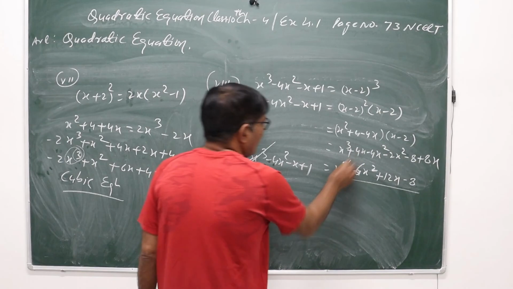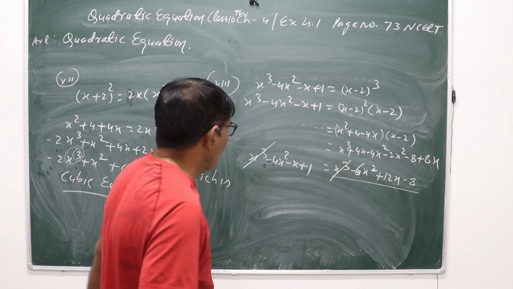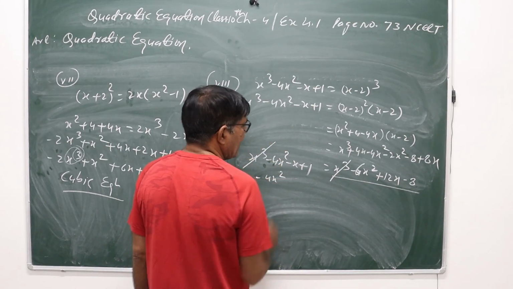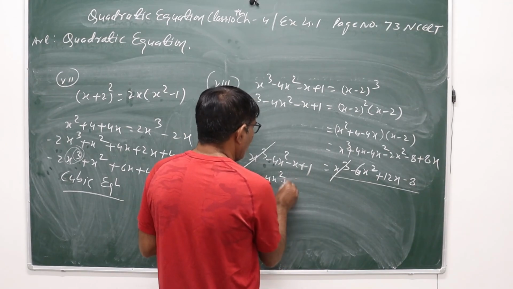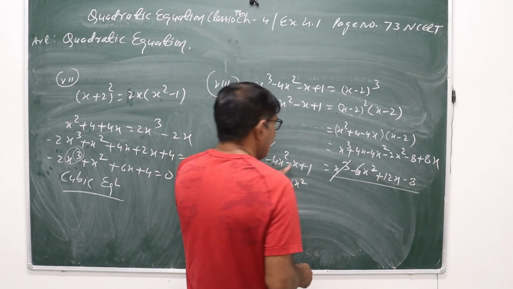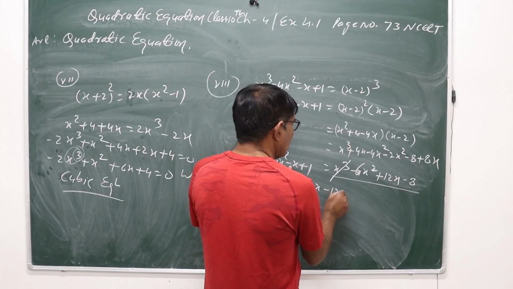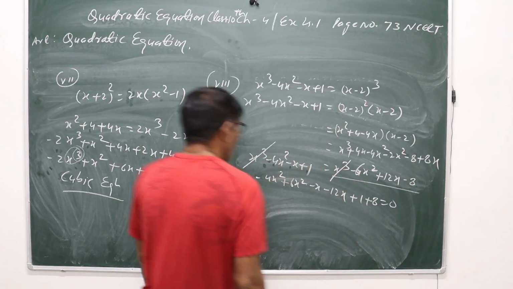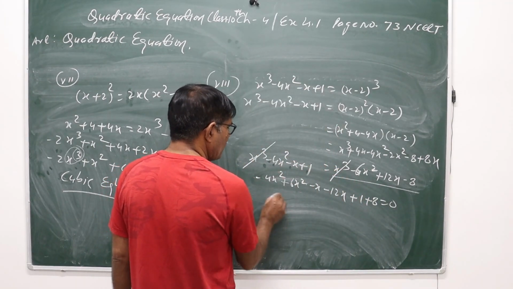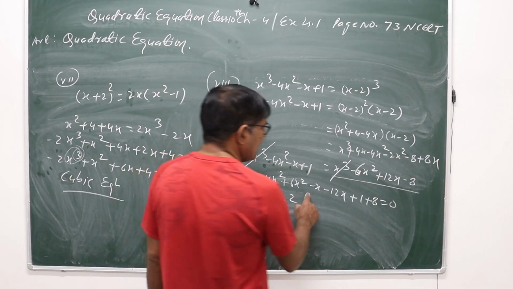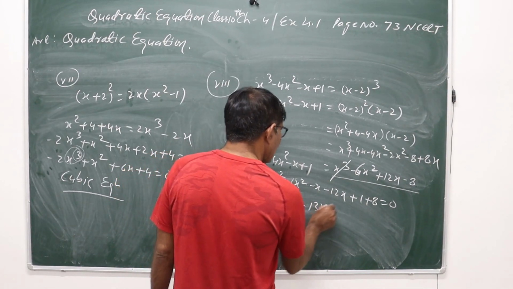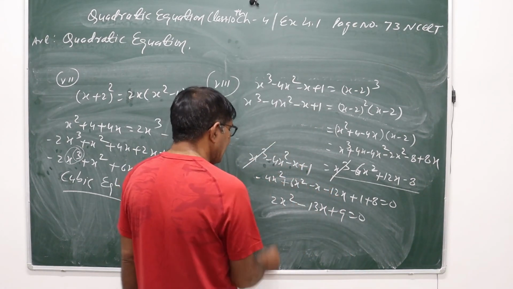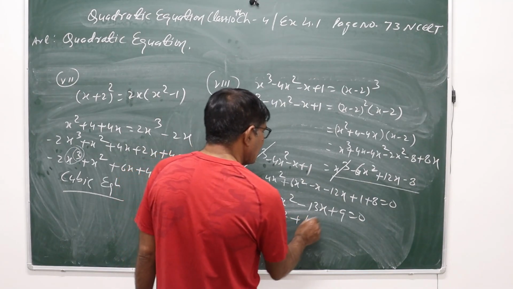Now this x cube will cancel out. So we will now take all the terms to the right side. So minus 4x square plus 6x square, then minus x minus 12x plus 1 plus 8 is equal to 0. So minus 4x square plus 6x square is 2x square, minus x minus 12x is minus 13x, plus 9 is equal to 0, which is a quadratic, as we compare with the ax square plus bx plus c